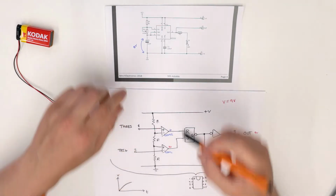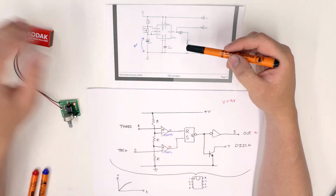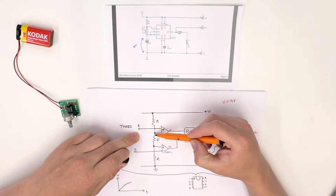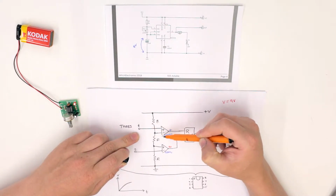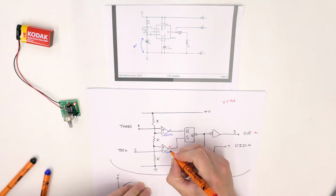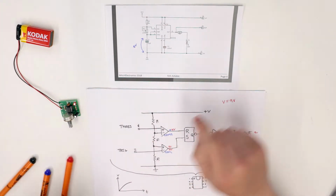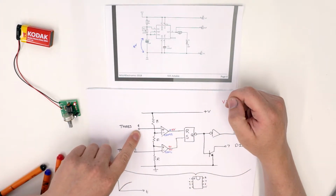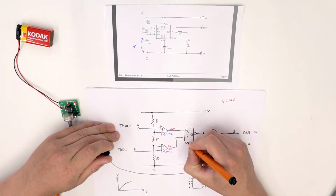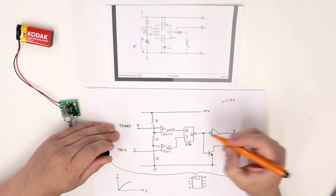Eventually, the voltage on this capacitor, which is connected to both 6 and 2, will reach a point which causes some of this stuff to change. Now, when the voltage on 6 from the capacitor goes beyond 6 volts, which is this trigger point here, comparator 2 turns on, becomes 9 volts. At the same time, this is now 0 volts. That happens when the input voltage reaches just over 6 volts. And when this happens, set is now equal to 0 volts, but the reset is equal to 9 volts, which means Q